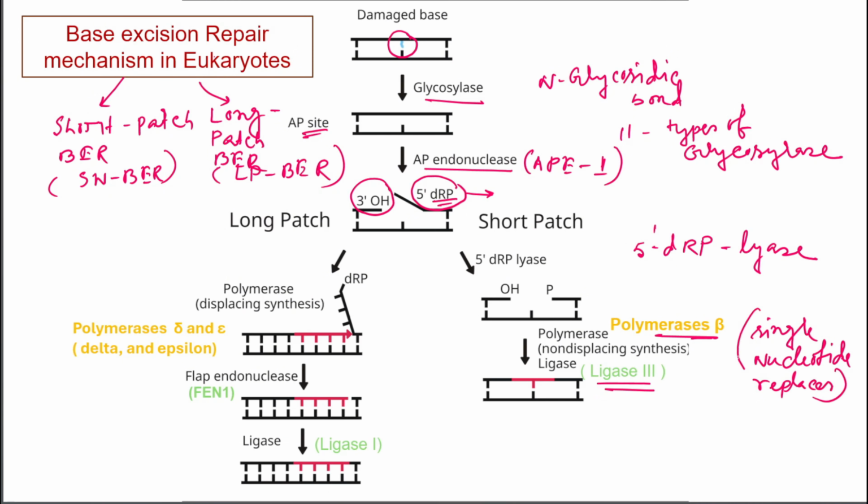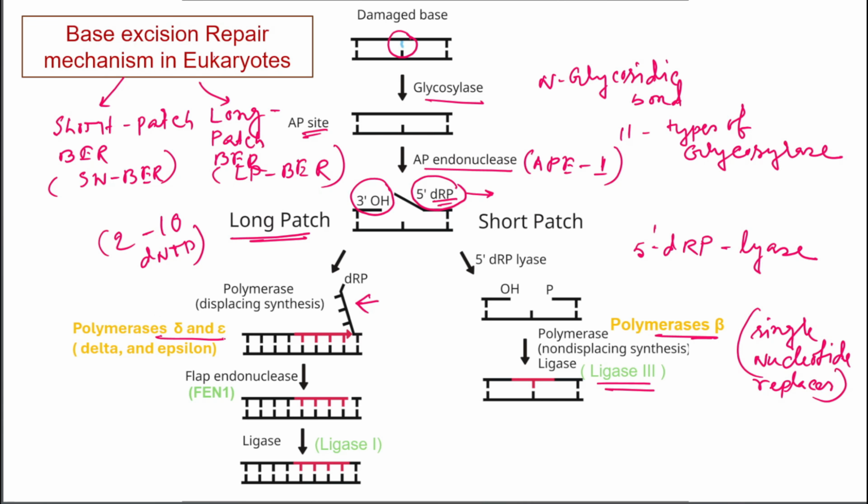But long patch base excision repair replaces 2 to 10 nucleotides at a damaged site, especially when the lesion resists short patch repair, and removes the damaged segment as a flap. This is the flap. This pathway is especially active when 5' deoxyribose phosphate is resistant to the lyase activity of DNA polymerase beta. DNA polymerase beta has a lyase activity, so when the 5' deoxyribose phosphate resists it, then the pathway involves